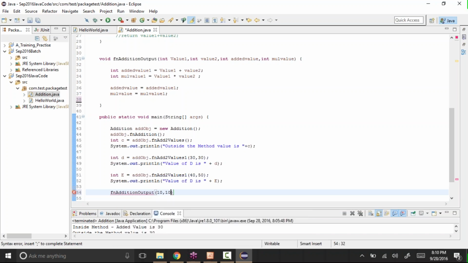Let's see what it is. 10 comma int ad comma int mb, multiplied value.